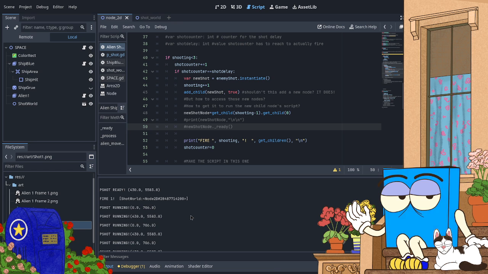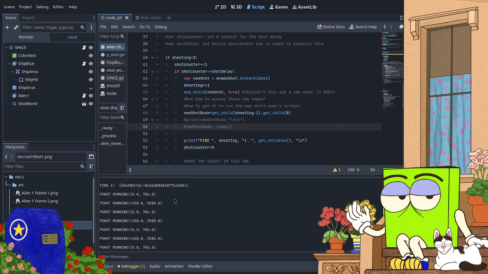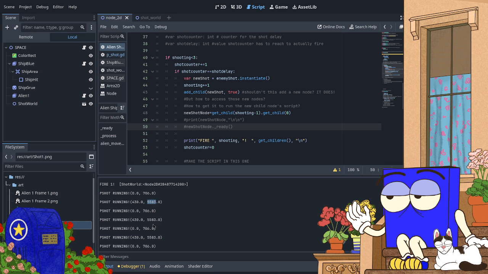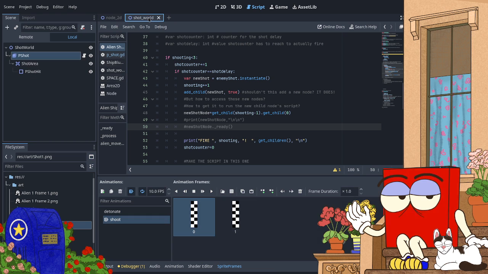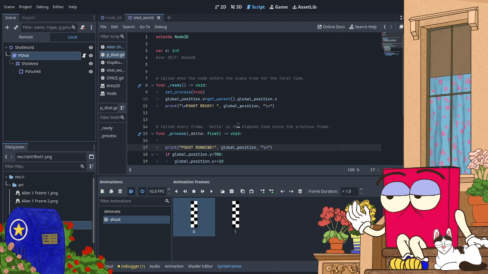Doing that. Doing that. But this. This number should be changing every time it loops through there. Oh, let me check process delta.